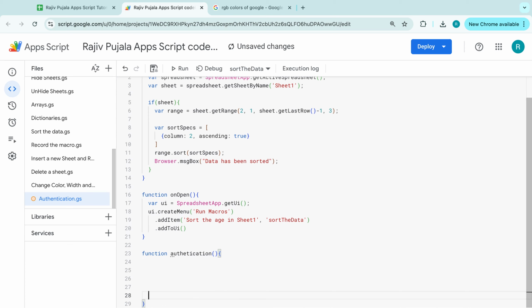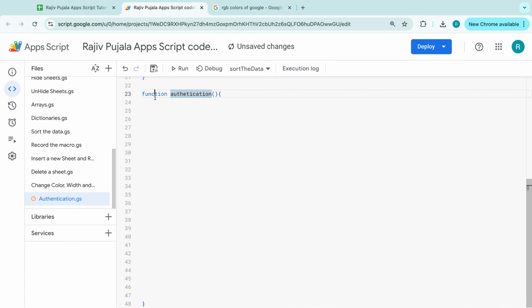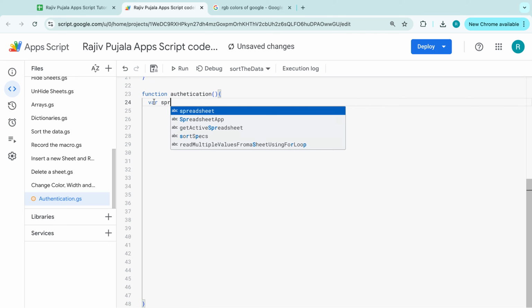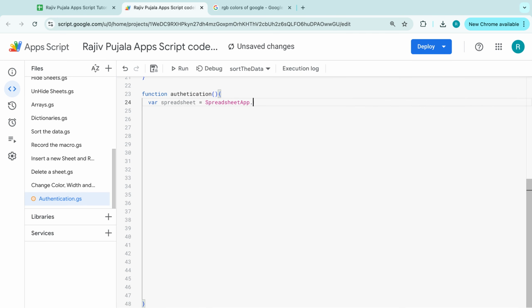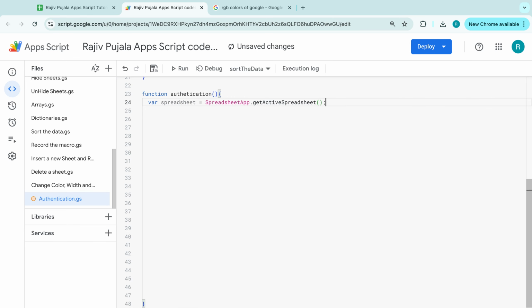I'm adding more white space. Here, variable spreadsheet is equal to SpreadsheetApp.getActiveSpreadsheet. These two lines are very common; we have seen these two lines some thousand times. And variable sheet is equal to spreadsheet dot